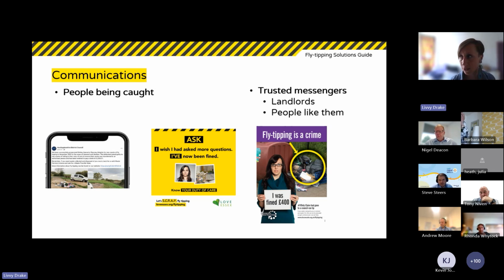The other trusted messenger is people who look like your target audience. Who do they trust? Who do they need to hear? And just an example, with the work that we're doing at the moment, I interviewed an older gentleman the other day, and he said, oh, I didn't used to care about recycling, but since my friend Pat told me about it, and since she told me about the plastic in the ocean, and since she does it, I've started doing it now.